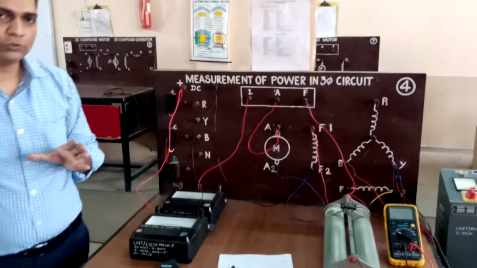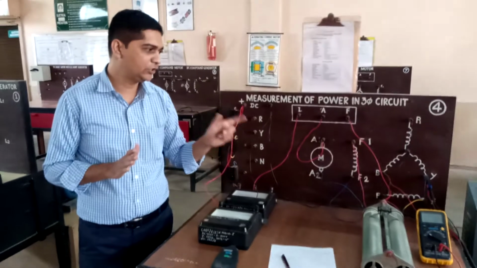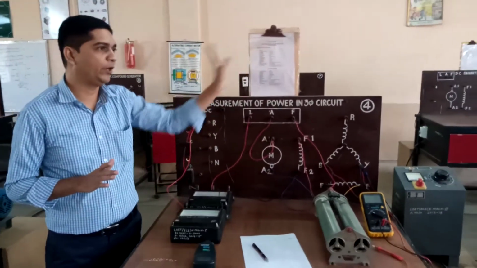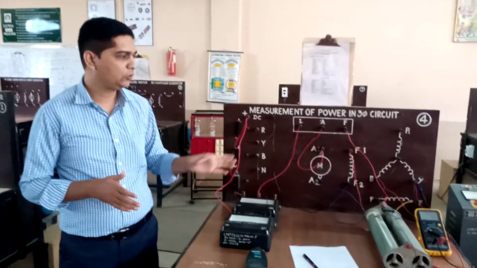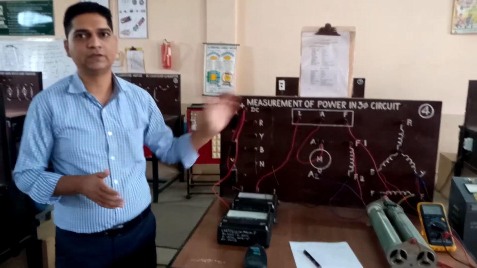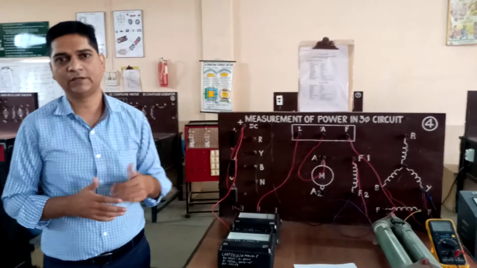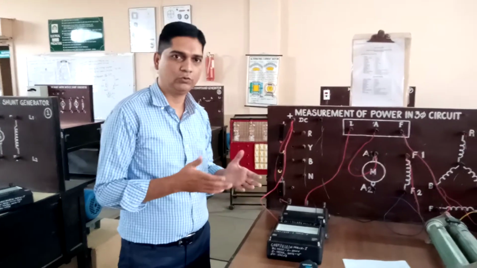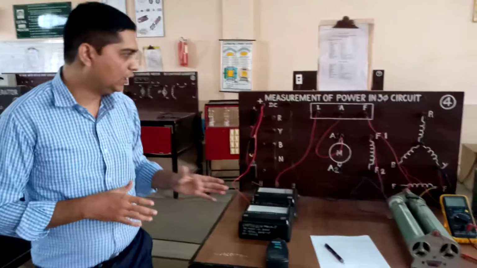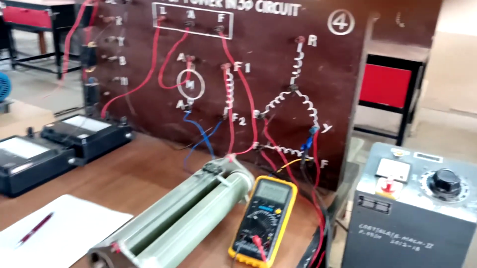One should note that at any time while performing the practical, the current should not exceed this value, that is 4.3 ampere. If the current exceeds 4.3 ampere, it may lead to a serious problem in the synchronous alternator: if you allow 4.3 ampere or more to pass through the windings, the machine will eventually fail due to insulation failure. And this is a digital multimeter which we are going to use to record the phase voltages and line voltages.